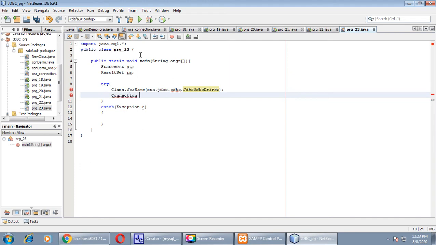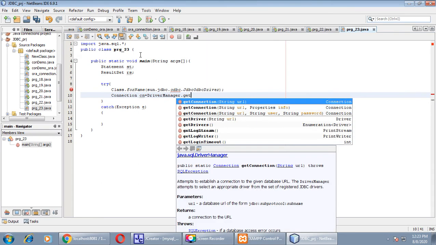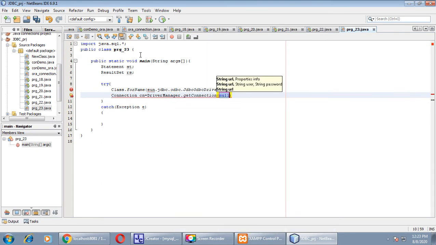You forgot to create one object of Connection class. No problem, you can take that object over here. The name of object is cn equals to DriverManager.getConnection, right? Get connection.